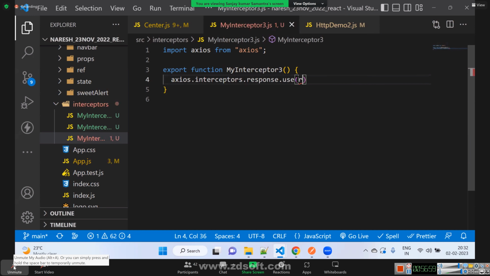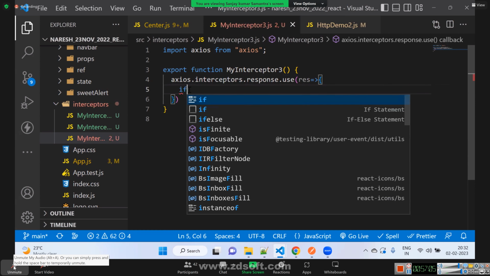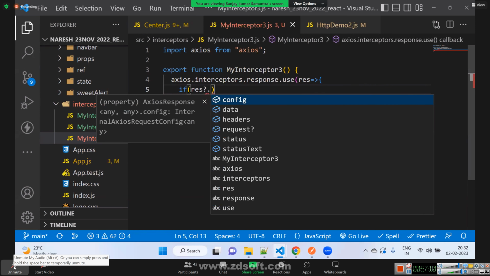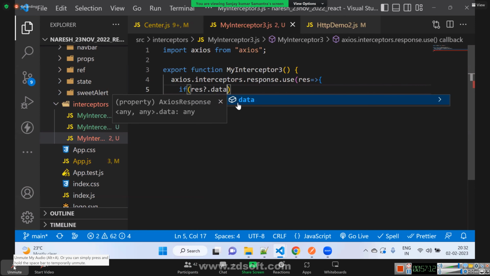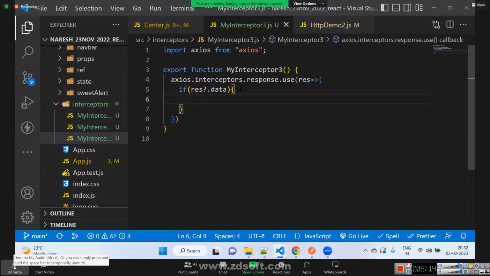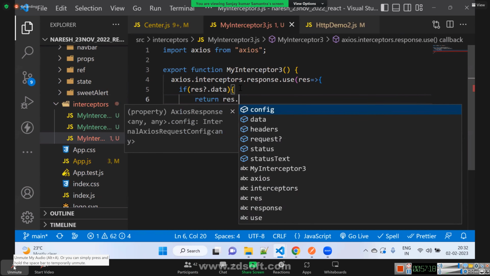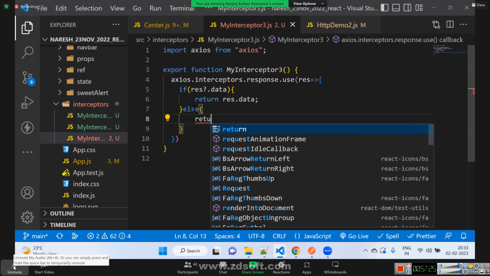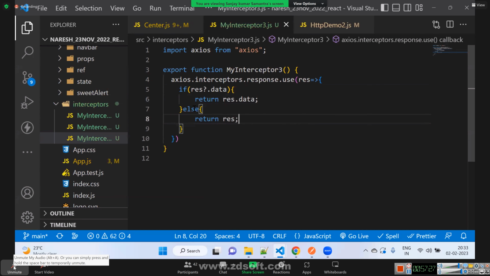If it is a response, and if the response contains data, return response.data. Else, if the response does not contain data, return the whole response. Do you understand?